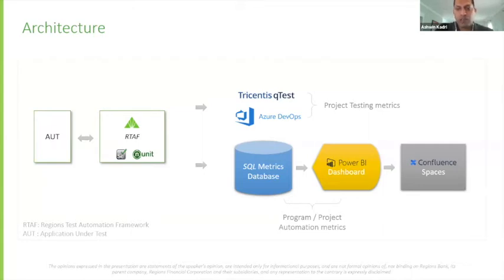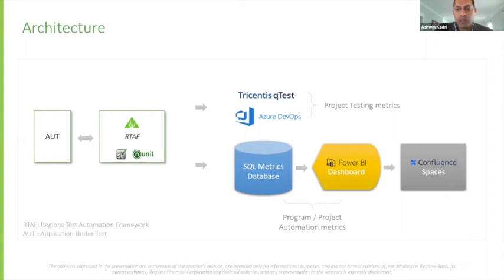Initially, when we started reporting, we only reported the web UI testing execution information to the metrics database. When we wanted to report the API testing execution information, we had to redesign the database to consider various types of tests. What if I start writing database tests? What if I start writing voice tests? Things like that. So we had to expand that.